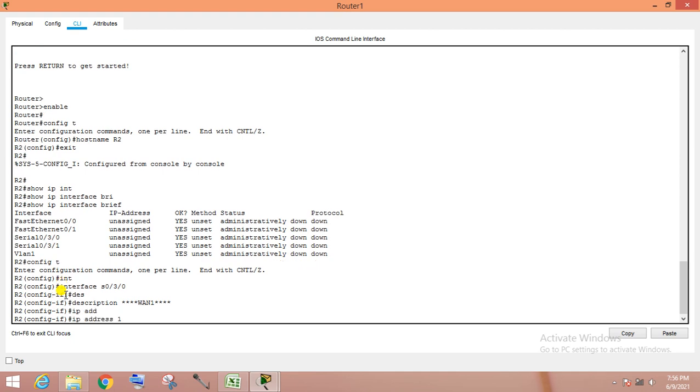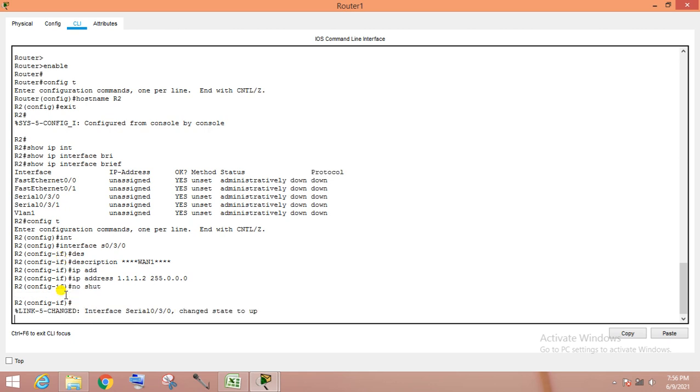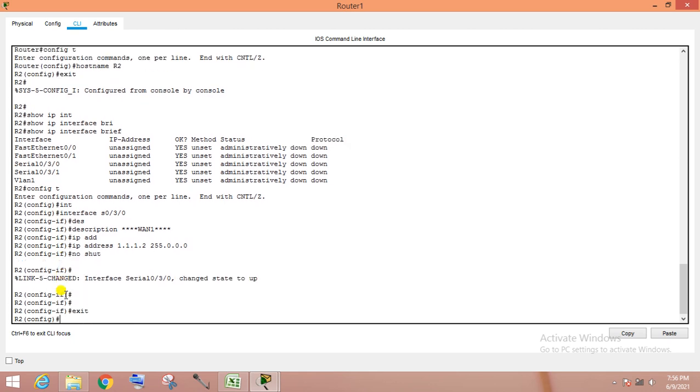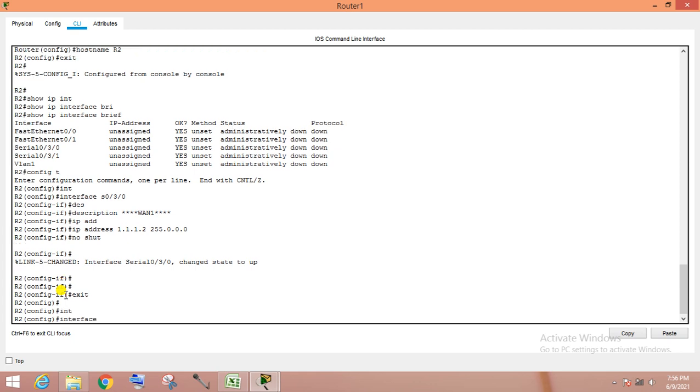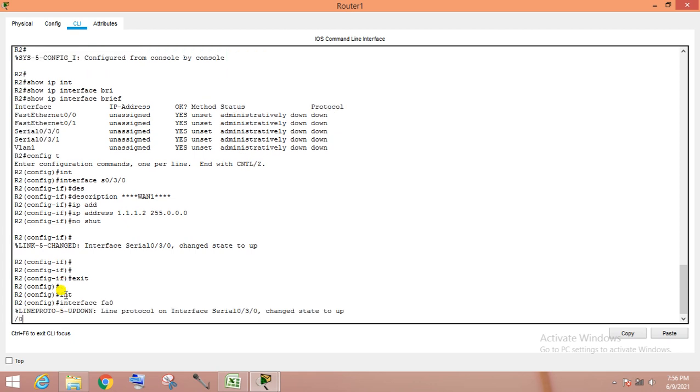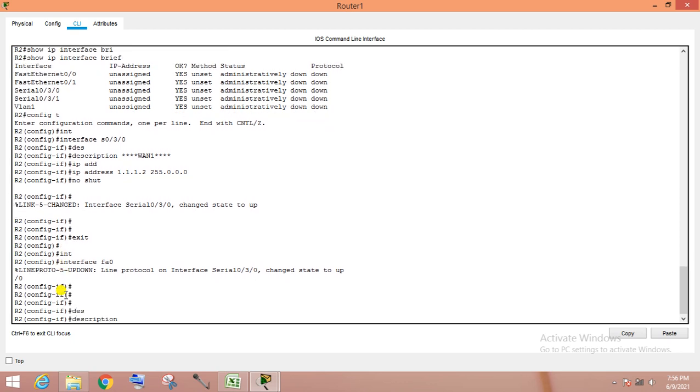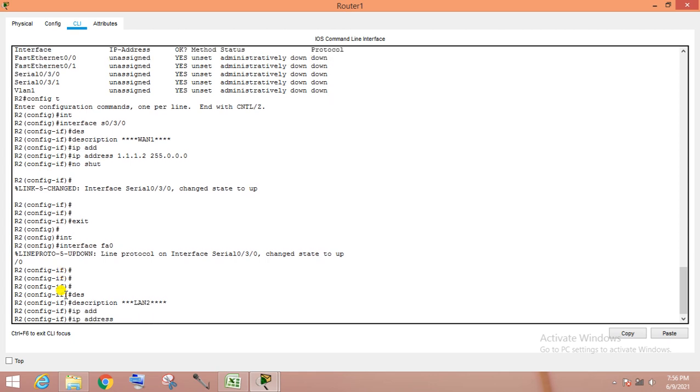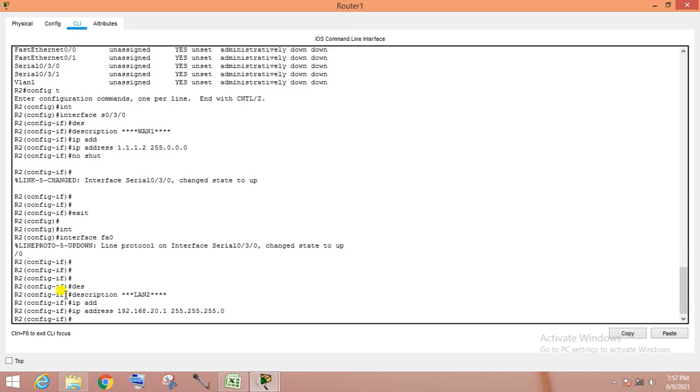The address is 1.1.1.2, 255.0.0.0. Now no shut. Now go to interface FA0/0, description: it is LAN 2. What is the IP address? 192.168.20.1, 255.255.255.0. Then no shut.